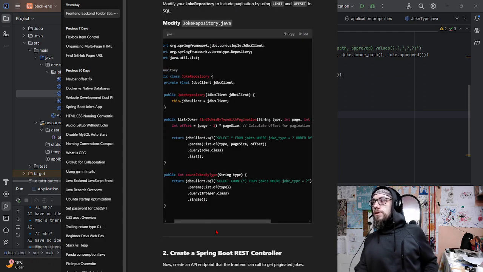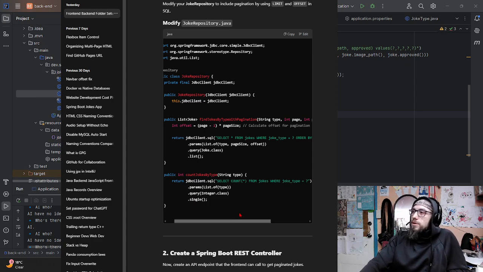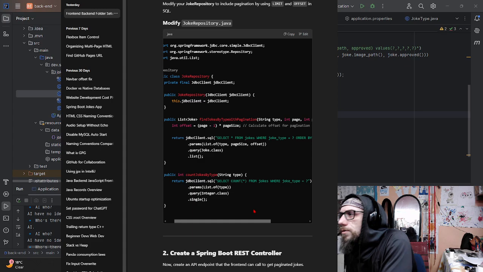This kind of deal here, but of course not exactly the same kind of logic. This one,